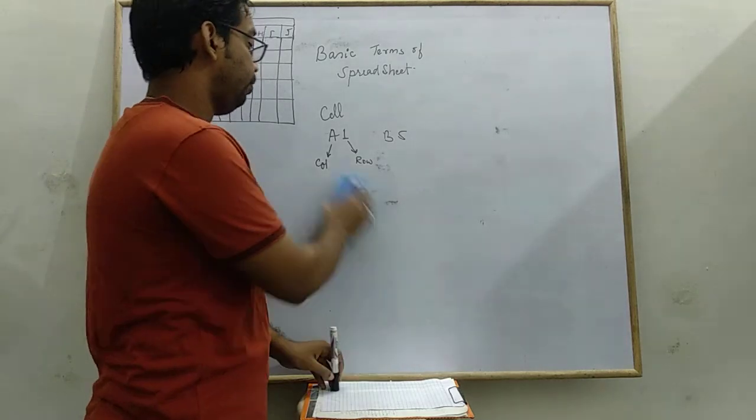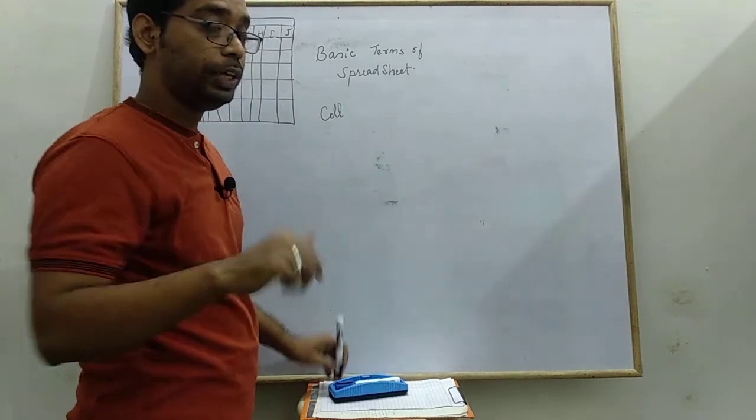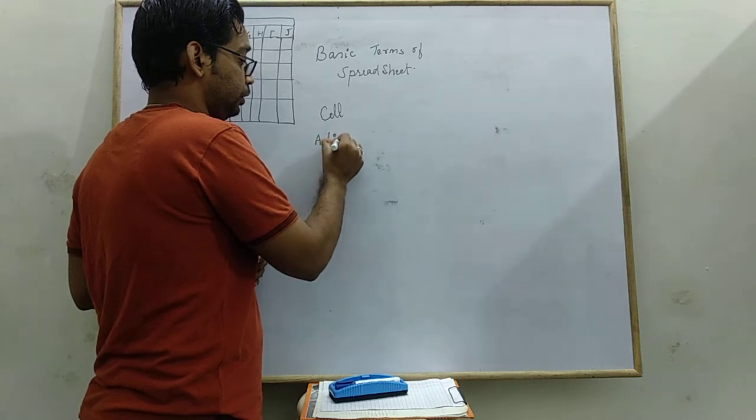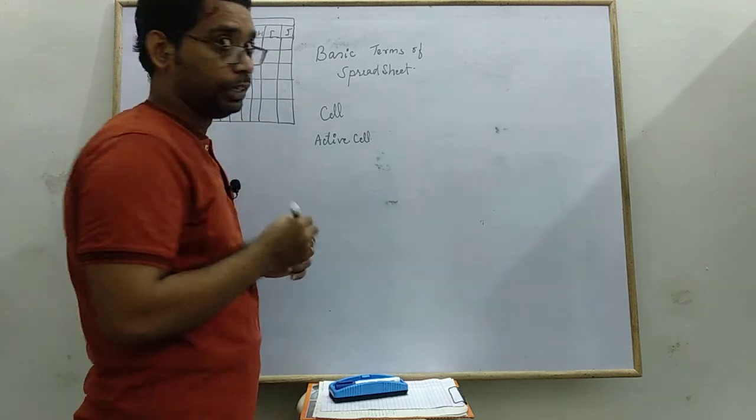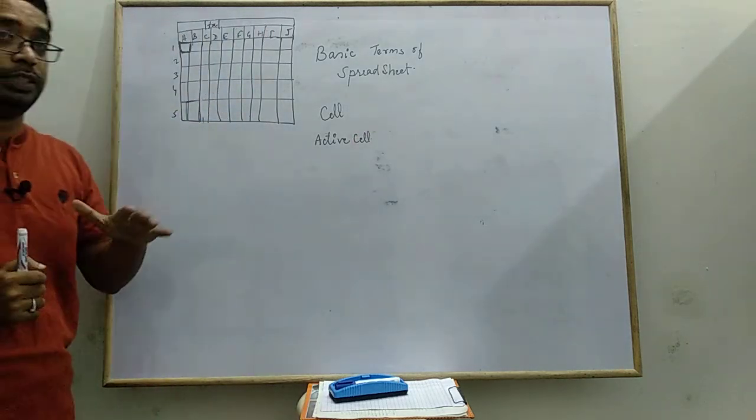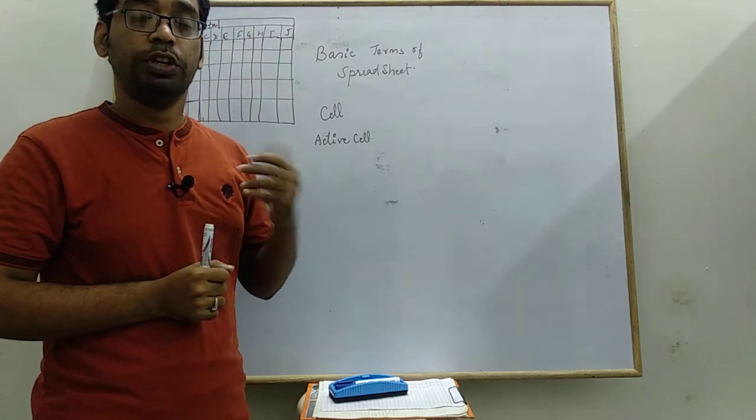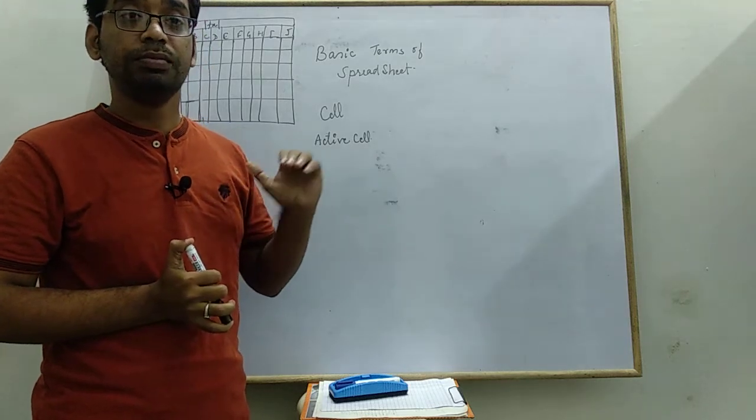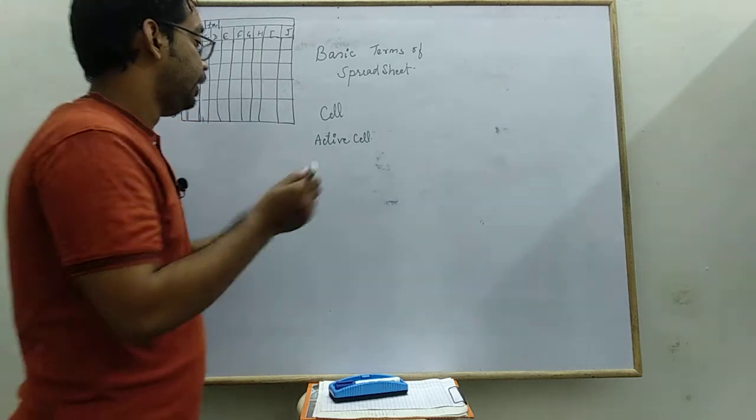The second thing, the next one, is the active cell. What is the active cell? Active cell means the cell which you select. Whatever cell it is, it doesn't matter, but when you select a cell, that cell is called the active cell. Okay, then the next term is